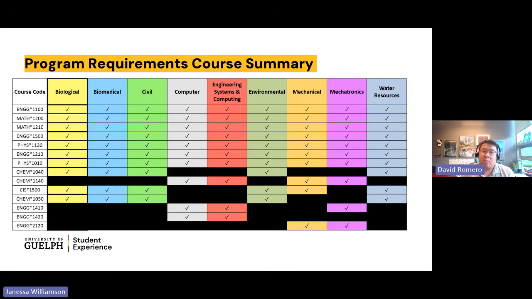So in terms of program requirements and the courses that you require, this slide summarizes the different courses that you should be enrolled in for both fall and winter for the different disciplines. So you'll see that there's a little bit of a difference depending on the major that you're in, but these are the courses that you should be enrolled in. So take a close look at these to make sure that you aren't missing any. And again, if you are, or you're running into a conflict in your provided schedule, then that is when you would need to reach out to us, and we will help you resolve.